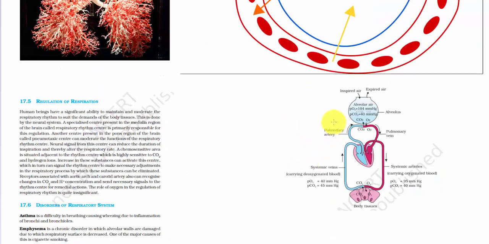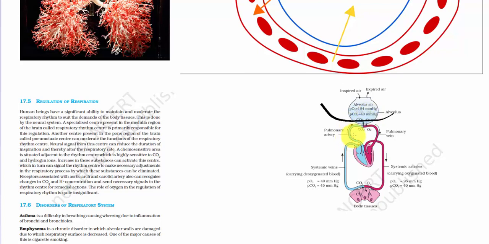As you can see from this image, we have inspired the air in the alveoli. This is the part of the lung. This is alveoli. These are the blood capillaries through which the exchange is happening. What happens in the alveoli? That O2 is taken in to the pulmonary vein. The capillaries are then again converging to form pulmonary vein. That pulmonary vein then goes to the heart, and that heart pumps the blood to the cells. The cells then release CO2 through the process of catabolism. This CO2 is taken to the heart through systemic veins, and from heart to the lungs through pulmonary artery.